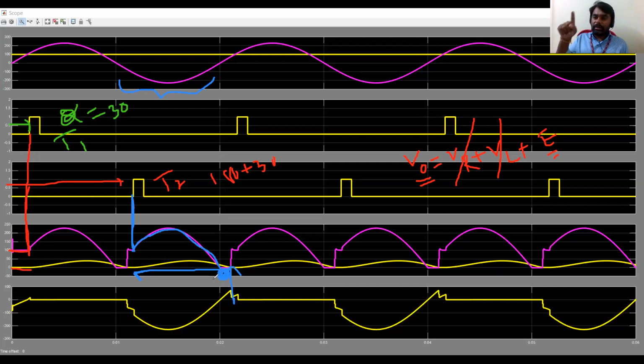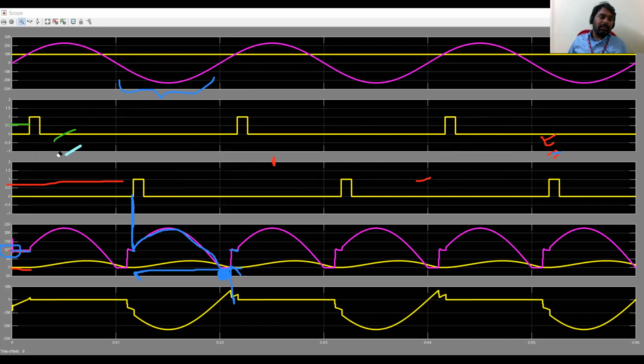Now the leg is short circuited by T2 and D2, and the complete energy which is stored in the inductor is dissipated to the resistance, and it will take this much time. Thereafter, the inductor's energy is completely dissipated in the resistance. Then the current will become zero, and thereafter during this interval, since the output current equals zero, the term related to VR and VL will go to zero. You will get only battery voltage, that you can see here. Right, this is at alpha equal to 30 degrees, and you can see battery voltage we kept as 100 volts here.